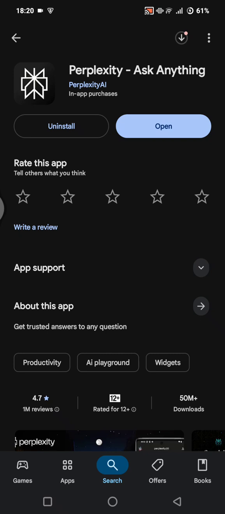On today's tutorial, I'm going to show you how you can use the Perplexity AI app on your mobile phone. If you're confused about how to actually use Perplexity AI, don't worry, in this video I'll break it down step by step, super simple even if you've never used an AI app before. By the end, you'll know how to install, search, and get the most out of Perplexity AI, all explained